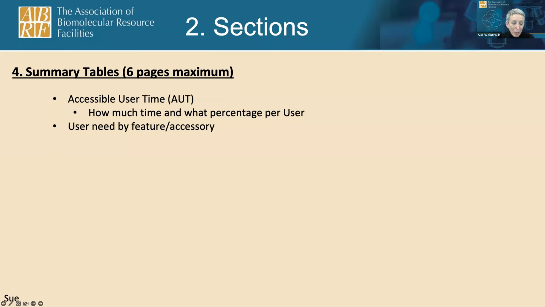And then you've got to plan for maintenance. So be realistic. How much time for maintenance? How much time for QA, QC? You've got to leave some time for new users, and you can leave a little bit of time for method development. But you also, in the first year, of course, you're going to have some amount of time for learning and education. But the most important thing is to be clear how you came up with the number and make it clear that the instrument is going to be used for a large percentage of the time.